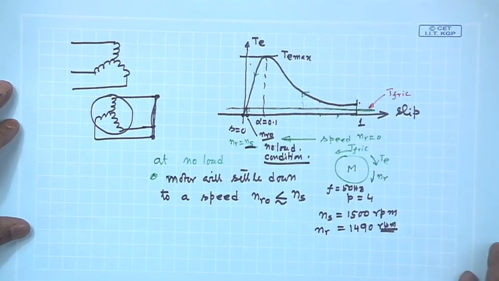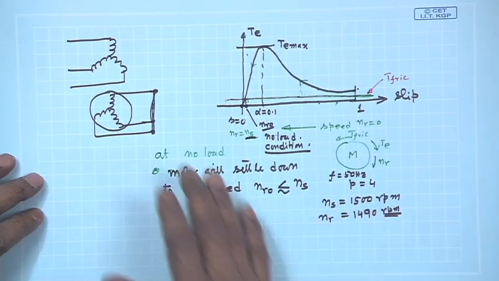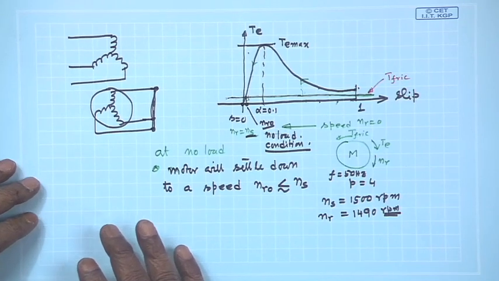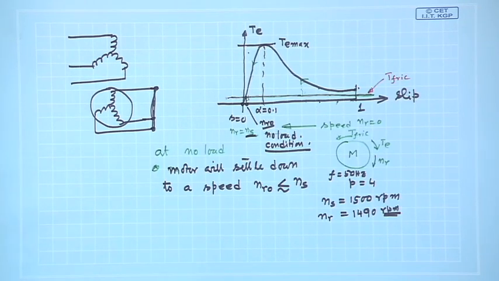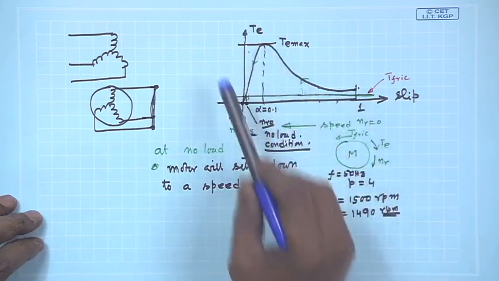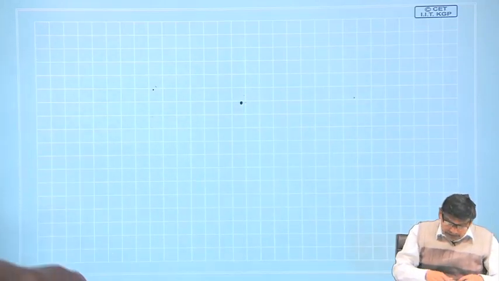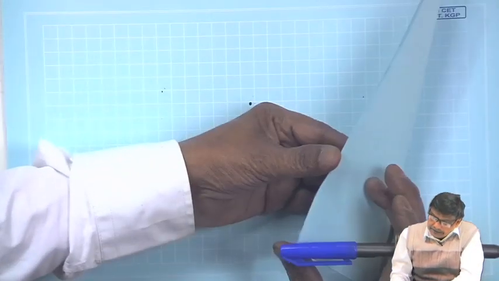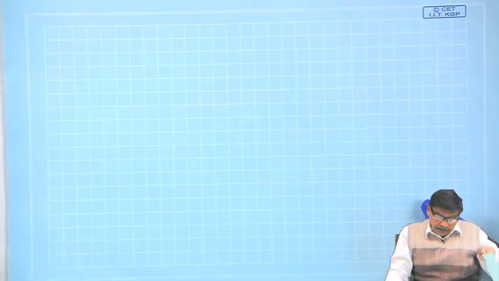Welcome, and so we were discussing the torque slip characteristics of a three-phase induction motor, which is very important. It gives us an opportunity to understand how the machine settles down to a particular operating point, and under no load condition I told you it will be like this. Now, I will further examine what it is going to do if there is a real load torque present on the machine.